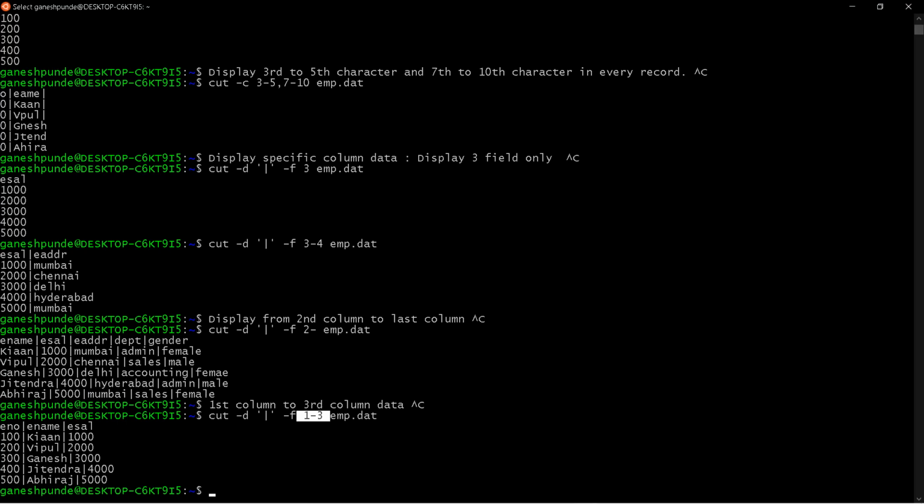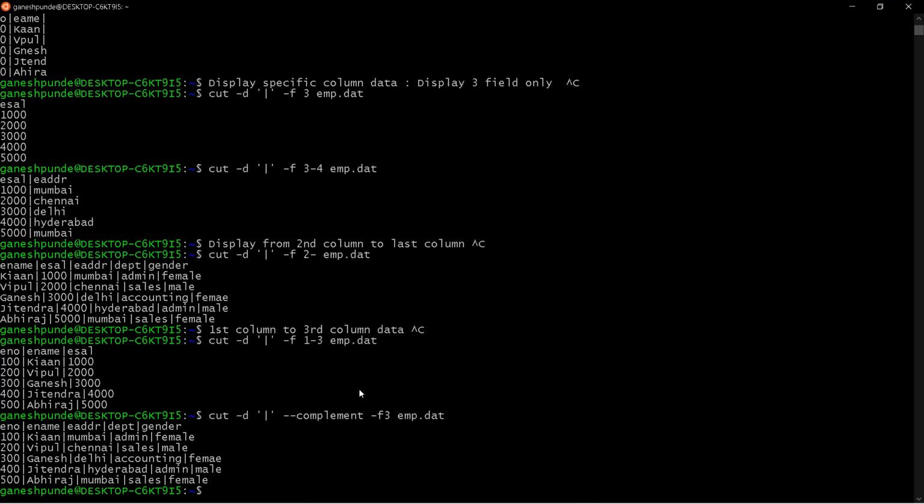Now, in some scenarios we want to skip the specific fields. So you want to skip some data present in the file. So how you can do that? That you can do by using a cut command. Cut -d, I can specify the pipe operator. I can say --complement -f3 and emp.dat.